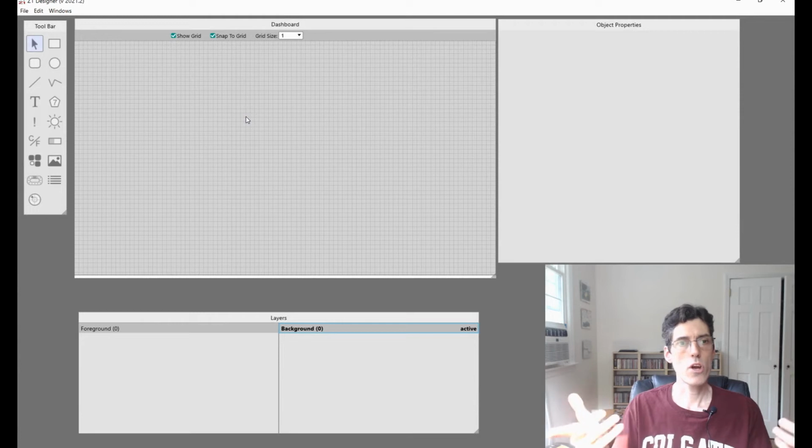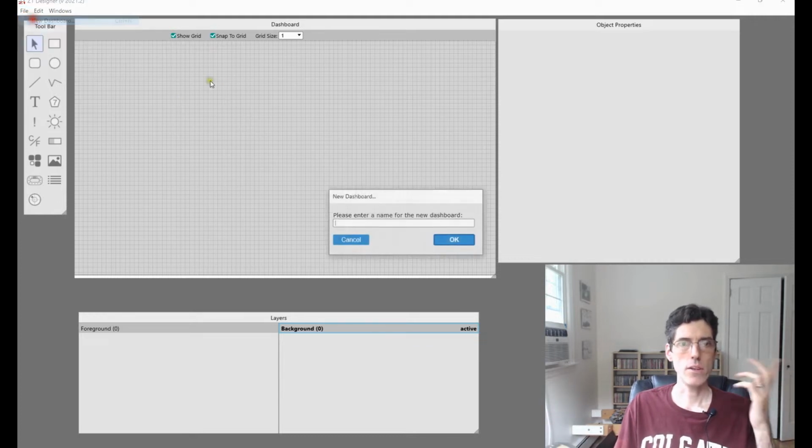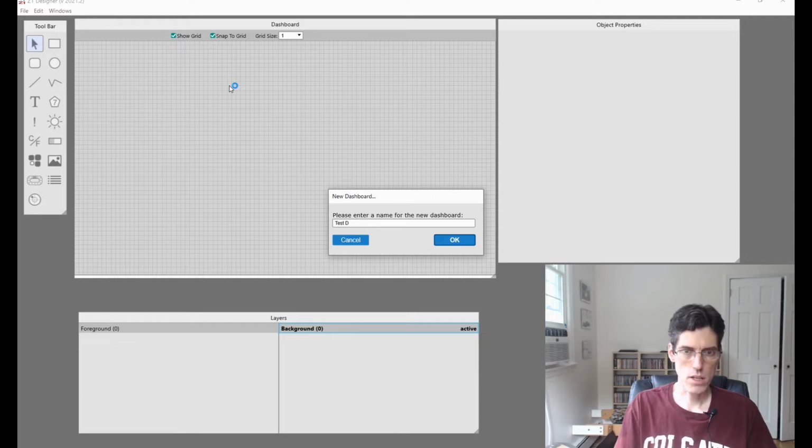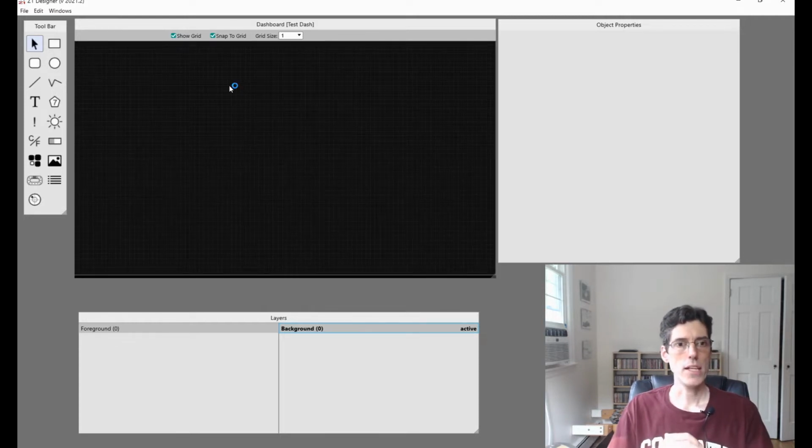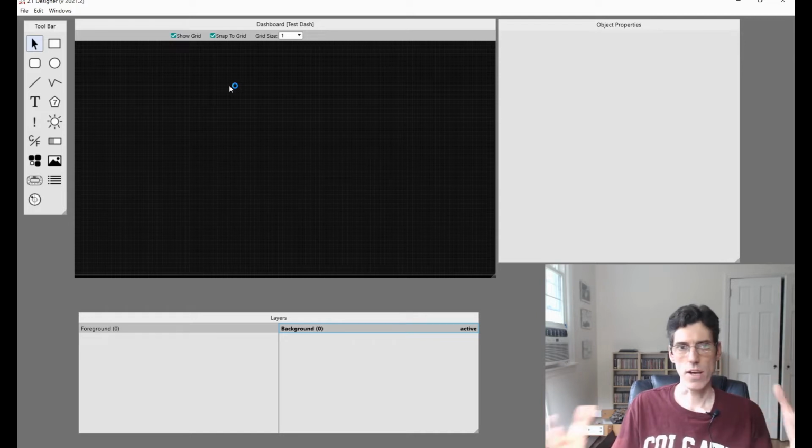So let's get started and let's talk about the new tools in version 2021.2 of the Z1 Designer. So here we are in 2021.2 of the Designer, and right now I've just opened the application and have not actually started creating anything. So as a first step, I'm just going to make a new dashboard. So go to File and New Dashboard and type in something like Test Dash. And we're going to go through the 4 new tools and just show how they work and what the properties do. And I'm not actually going to design a dashboard, just show you how you can use these for your